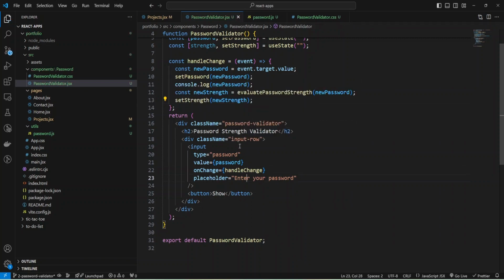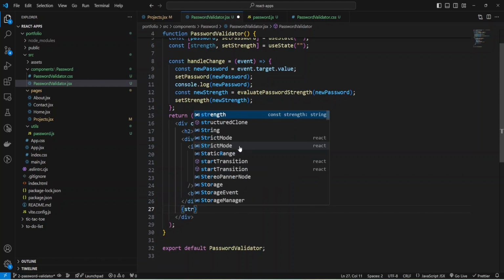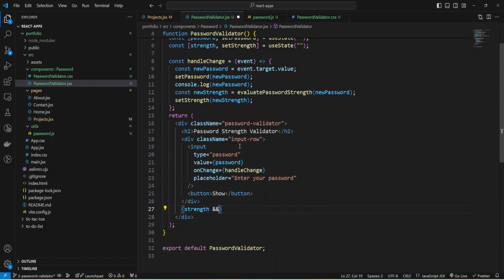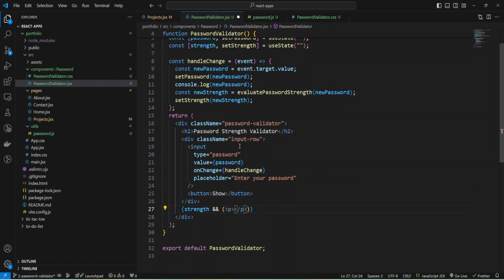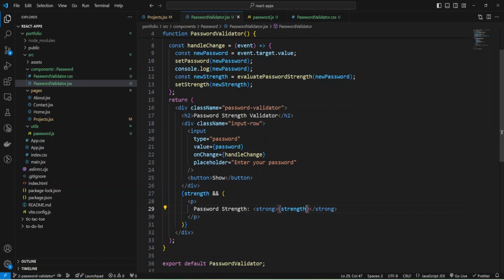Okay, and now I can add conditional rendering, check if I will have strength, then I'm going to provide JSX and just paragraph, close this paragraph, and provide text, password, strength, and provide my state inside strong tag and provide state. Okay, let's check what I have.